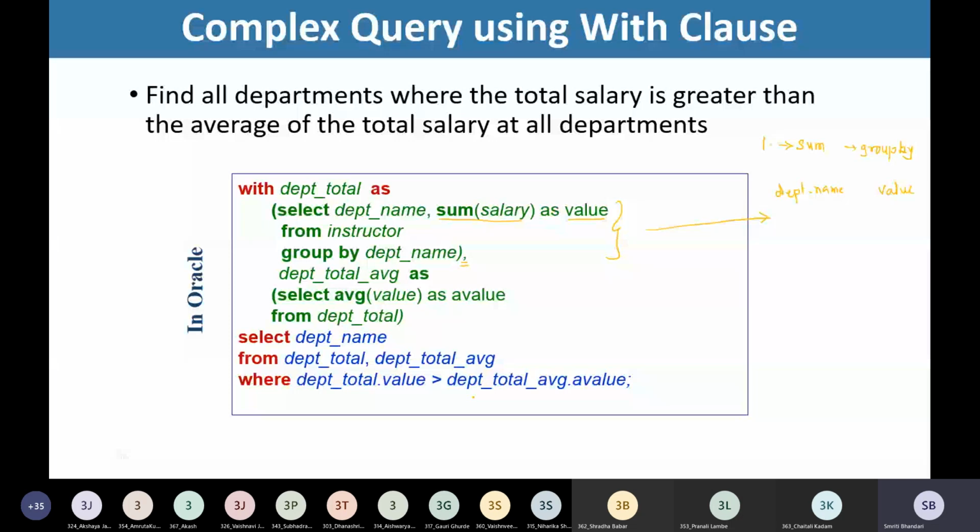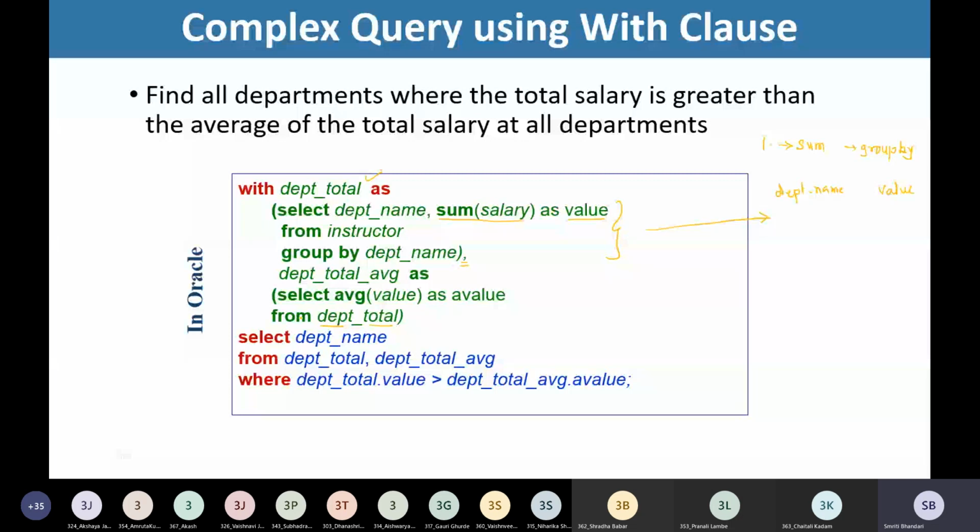And what would that relation be? See here, the name of the relation. This is also part of this with statement. Okay? So the name of the temporary relation now is department total average. And the definition is select average value as value from department total. See here, this department total is the relation that we have created earlier.